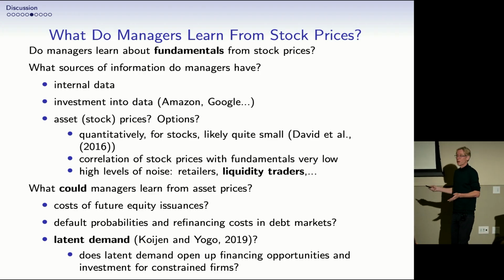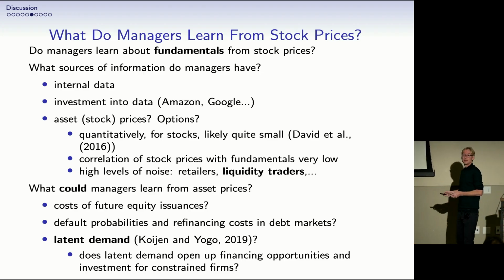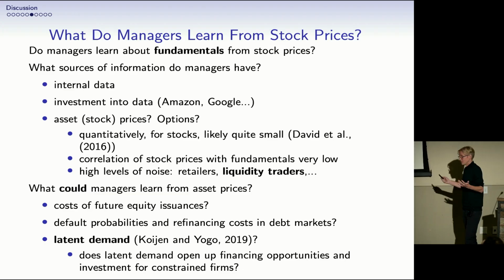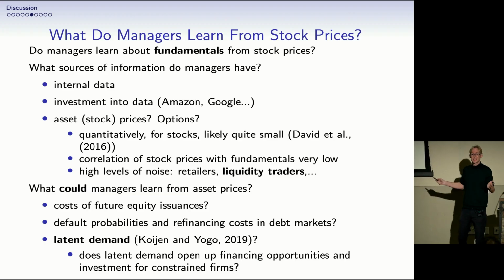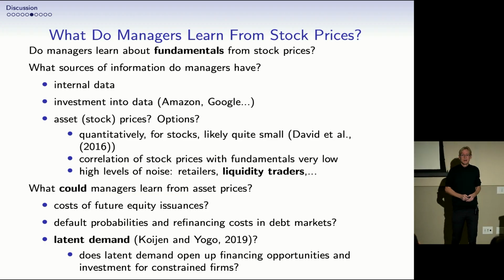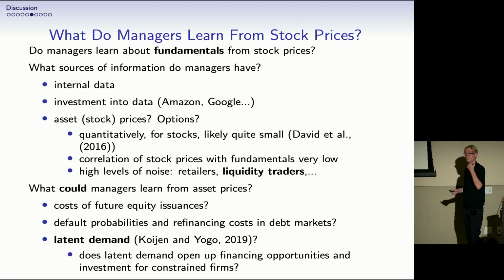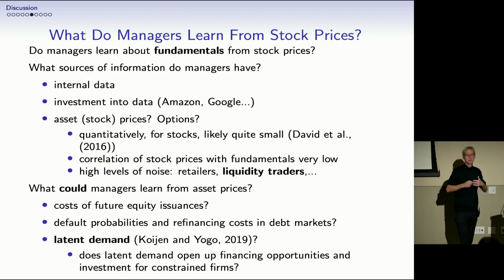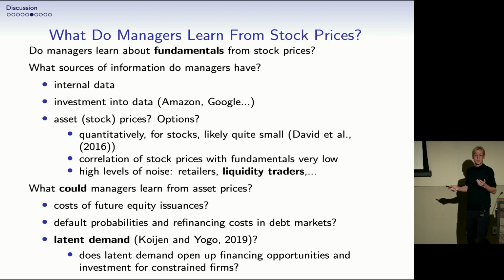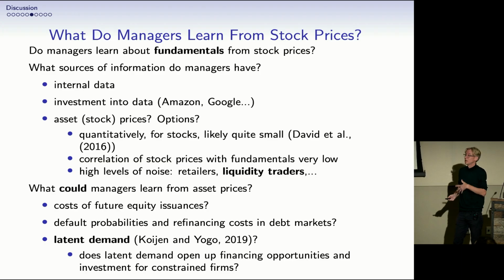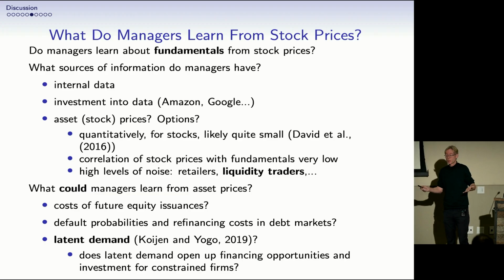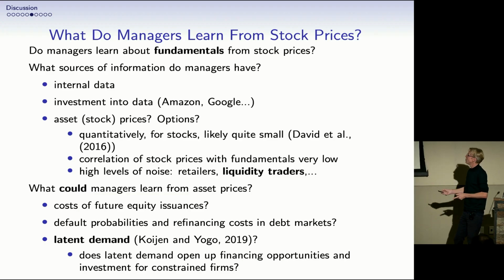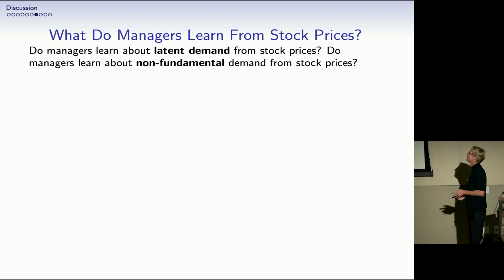And I guess in the language of current demand-based asset pricing, we would say that might be learning about latent demand. So a good example, the GameStop episode, where retail traders coordinate on Reddit, bid up GameStop prices, probably to punish these mean hedge funds who had been selling them short and push them into a short squeeze. That's probably non-fundamentally driven, but if these demand shocks actually drive up stock prices, it might be a good idea to issue equity and use the proceeds for